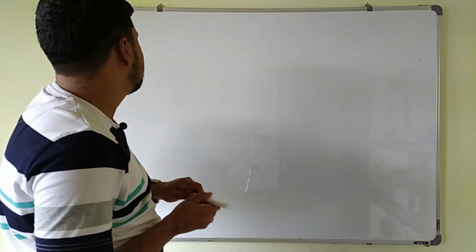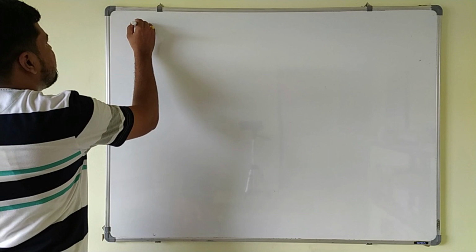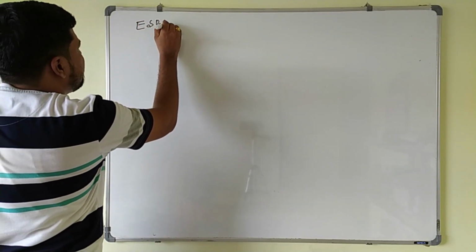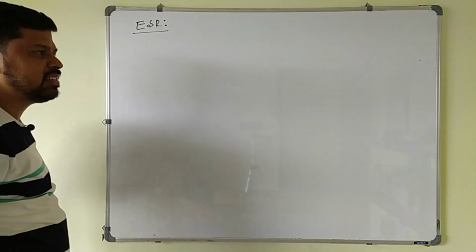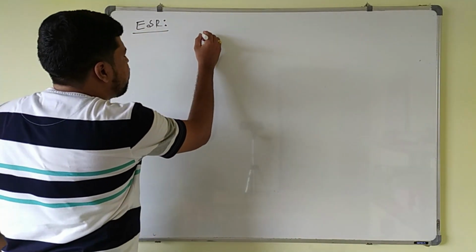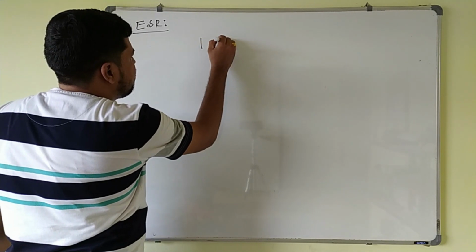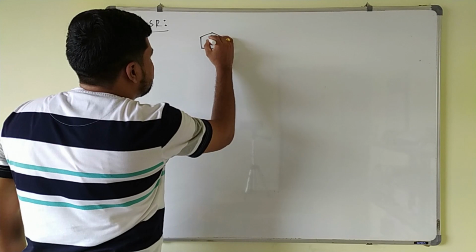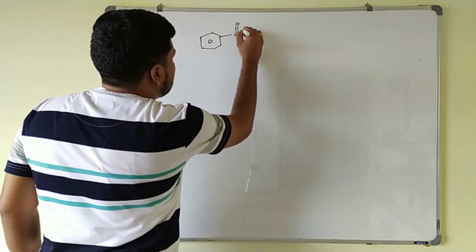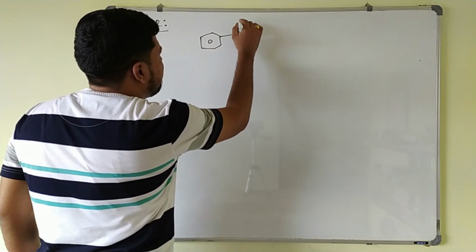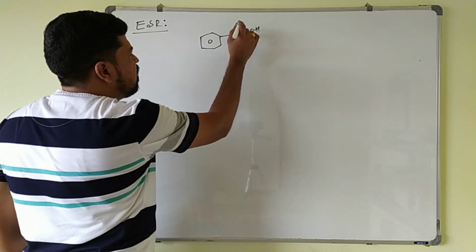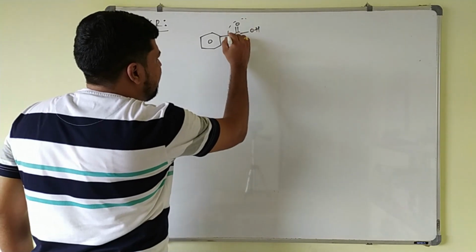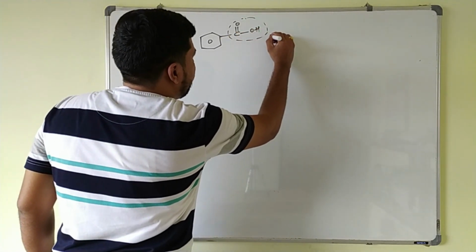So next we will discuss electrophilic substitution reaction in the aromatic acids, ESR. This is electrophilic substitution reaction in the aromatic acids here. In case of aromatic acid, we know that this benzene ring is attached to what? One COOH group here. So this COOH group is here, this is what? Carbonyl group. This is attached to benzene ring and it acts as electron withdrawing group here.